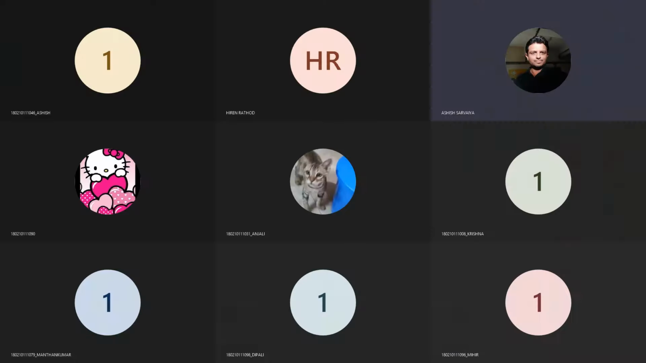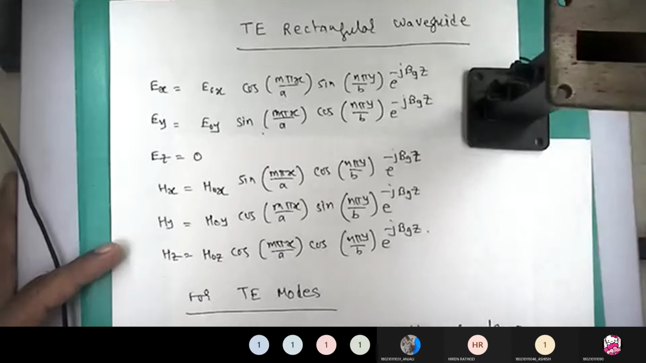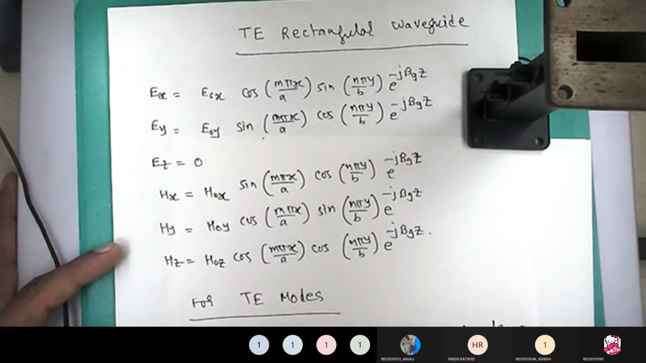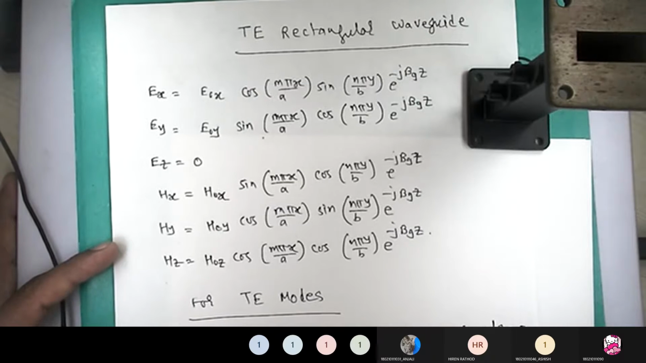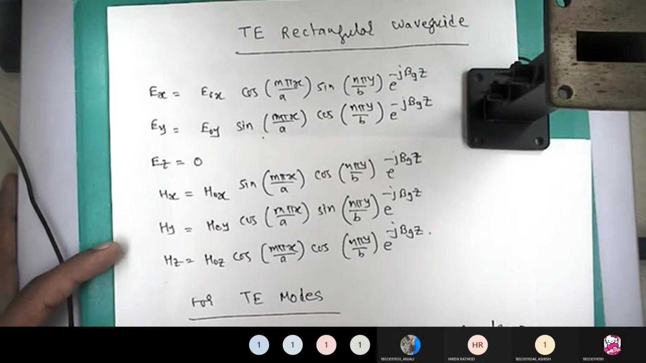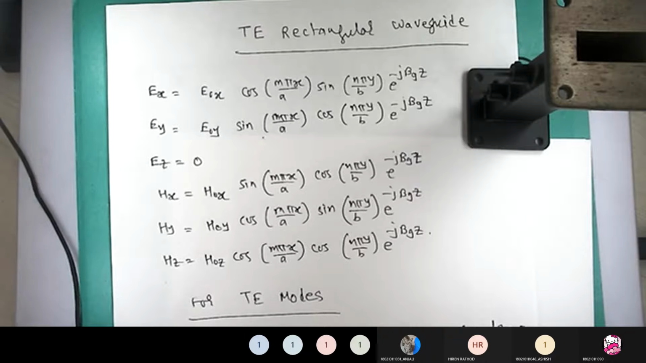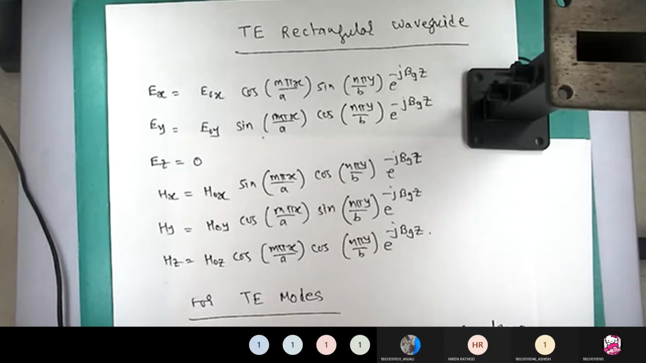Good afternoon to all. In our previous class, we have seen the TE mode in a rectangular waveguide. So let us very quickly see what exactly we have seen in our previous class. In our previous class, we have seen that if you have to do the field analysis in a rectangular waveguide,